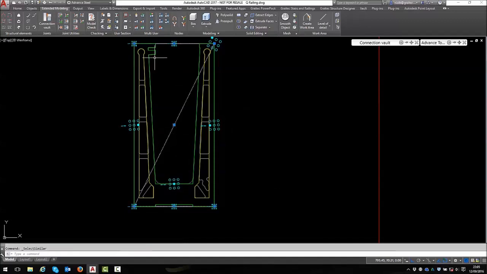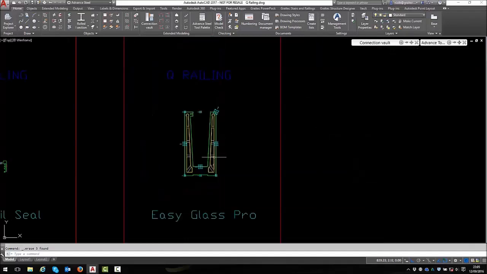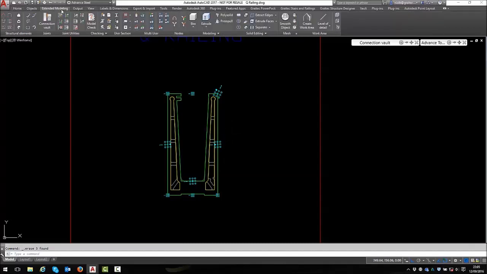I'm just going to use select similar for the construction lines. I'm going to delete those. Layers, I'm going to go back to standard layer. We know when we're working in advanced deal, pretty much we're in standard layer all the time. Now there's only one last step. If I go to